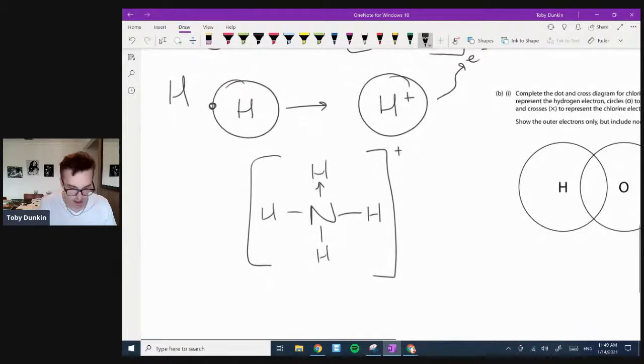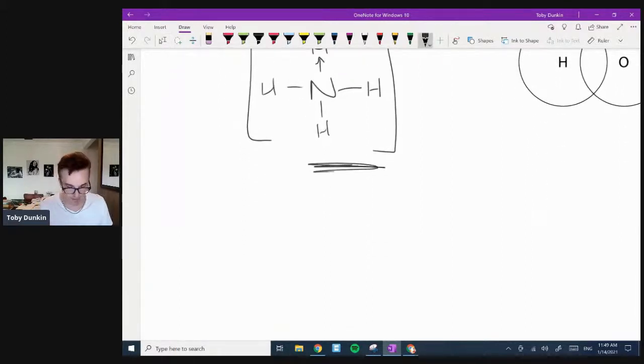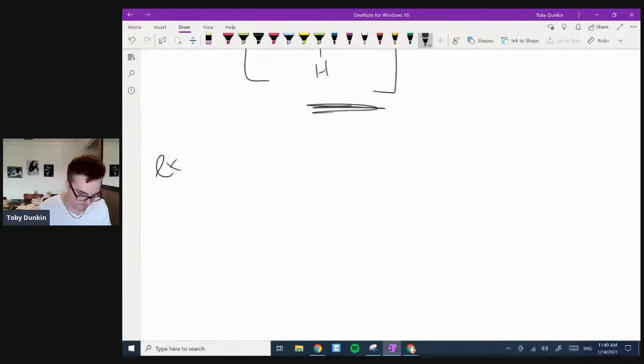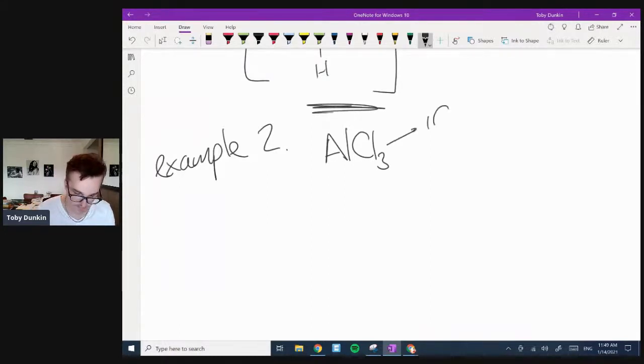Cool. So dative bonds are really straightforward, but the problem is then trying to recognize them. Before I do the recognition, I'm going to give you example number 2 from Edexcel. Example 2. Now this one is much more complicated, and this one comes from aluminium chloride. Now aluminium trichloride itself is an odd compound, because at IGCSE,